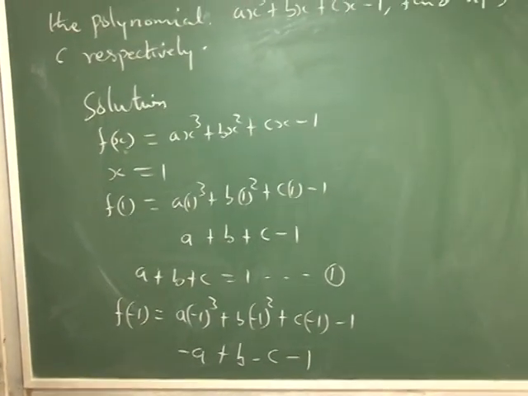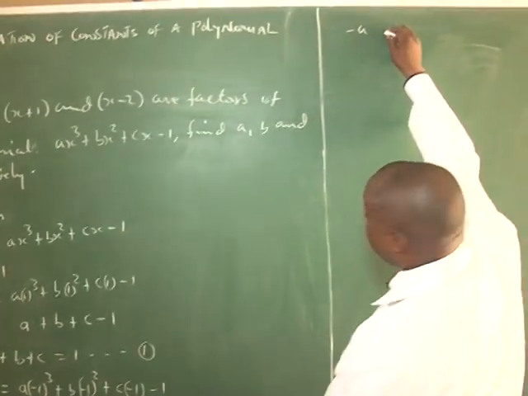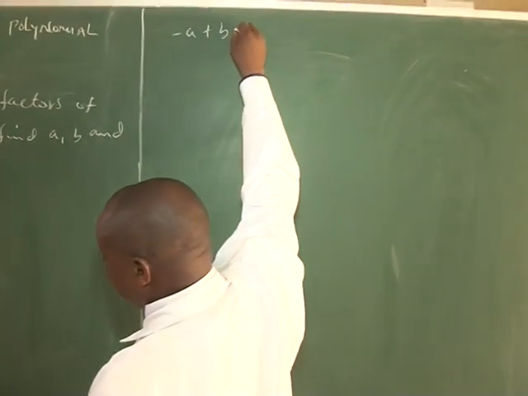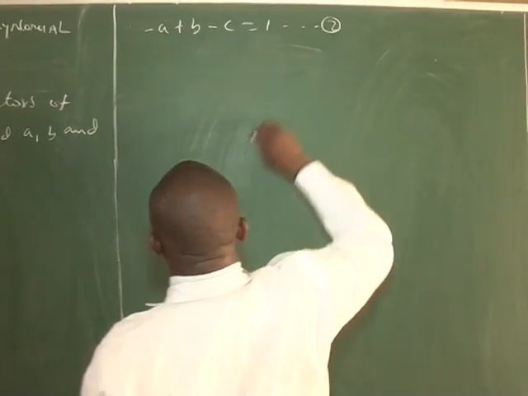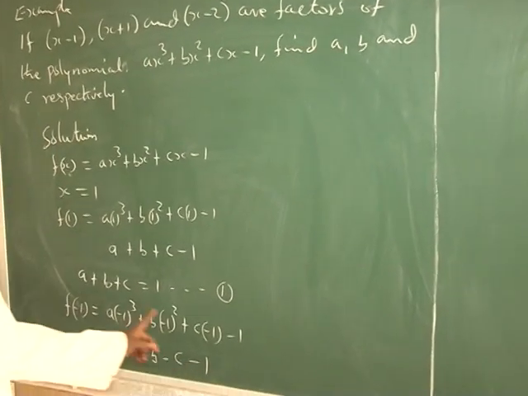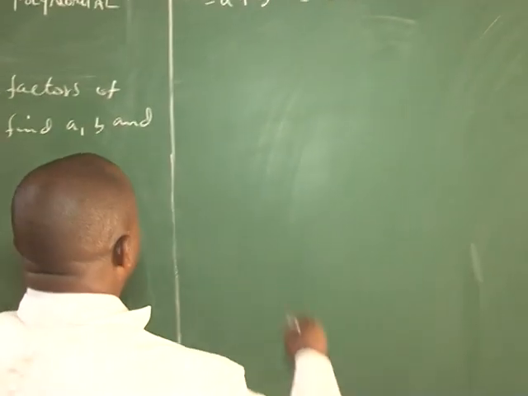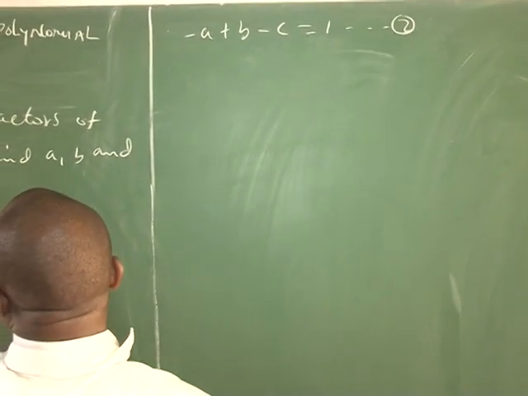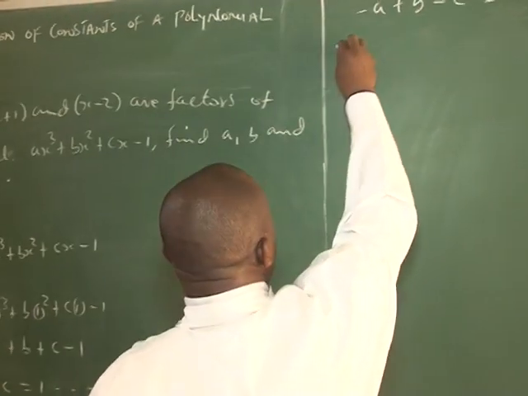Now, rearranging, we can have minus a plus b minus c equal 1. This is equation 2. I'm transferring this to this side of f of x, so we have 1. This is equation 2. Now, we can also make x the subject of the formula from this factor, and by substituting